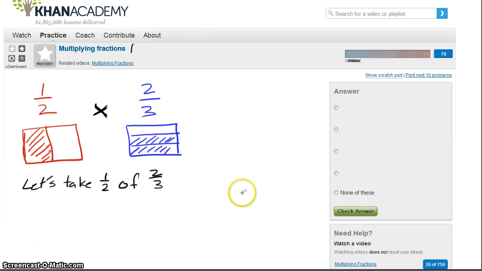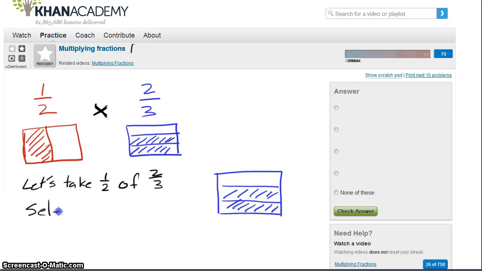So let's draw the 2/3 on the side here. Grab the pen. There we go. And then the next hint would say something like, select